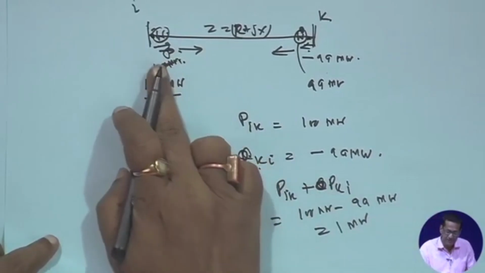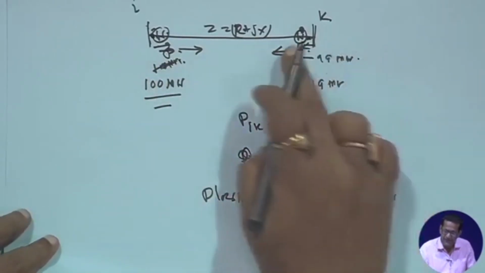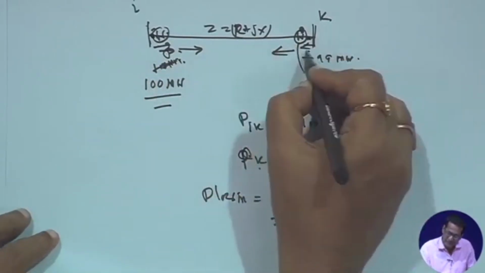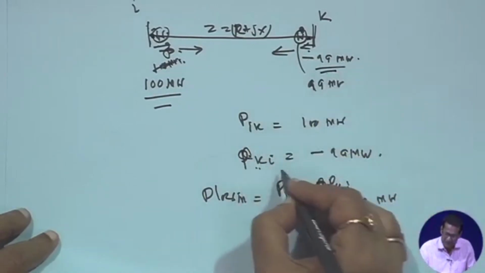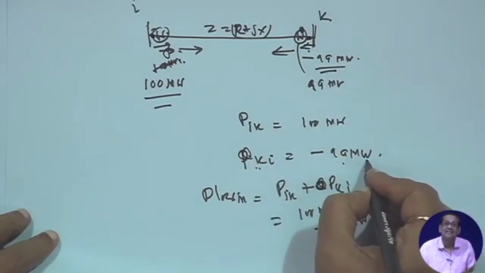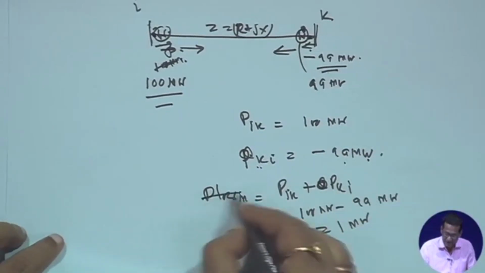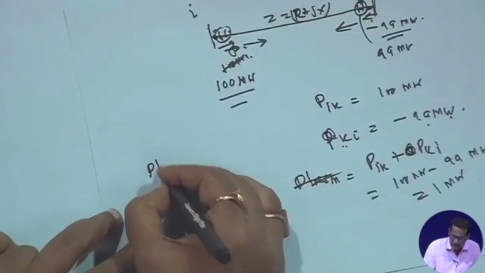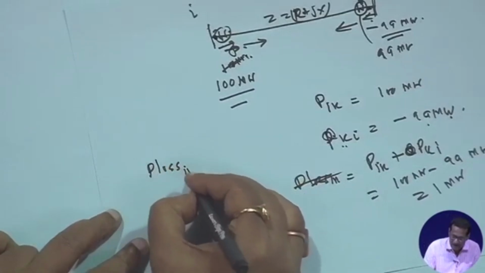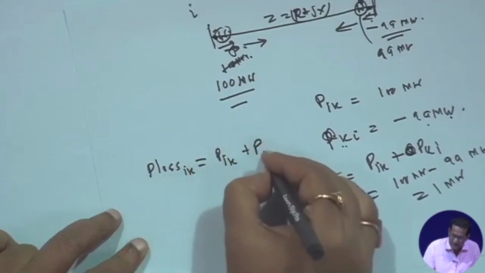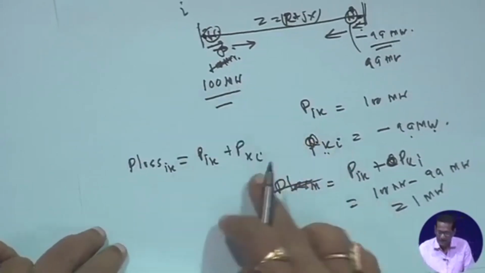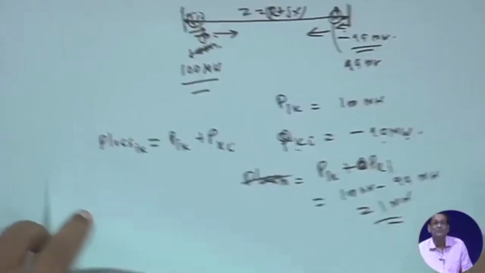That means here you are measuring 100 megawatt, here you are measuring 99 megawatt, but the direction is this way, so when you take this direction it will be minus 99. That is P_ik, and this P_ki is minus 99. Therefore, P_loss ik is equal to P_ik plus P_ki. So P_ik is 100, P_ki is minus 99, so it is 1 megawatt. So, that is why here